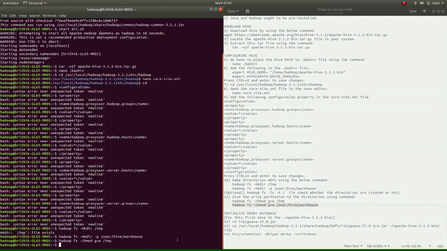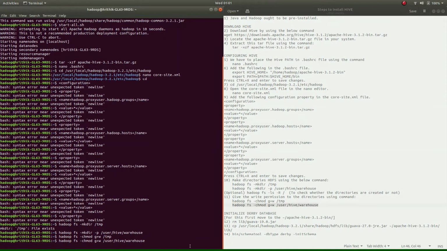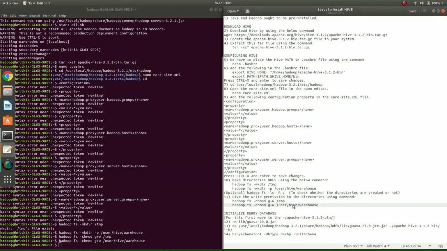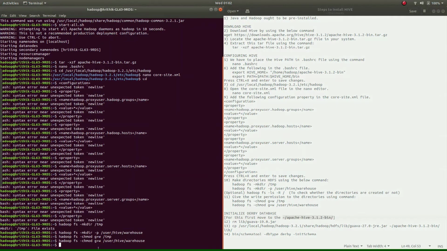Now we have to initialize the Derby database which Hive uses as a default. For that we need to move to the Hive path. But there is one problem over here.